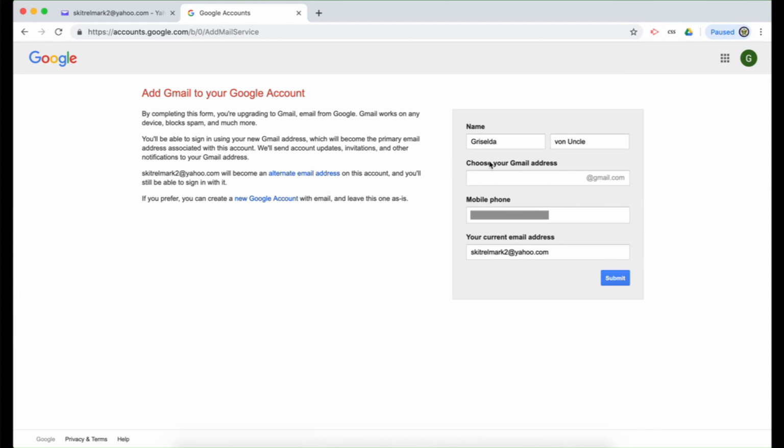So I'm being asked here to choose my Gmail email address. I'm going to go for skitchelmark1, although this should really be skitchelmark2. I previously had skitchelmark2 as a Gmail address and I can't reuse it. So I'm going to submit that,